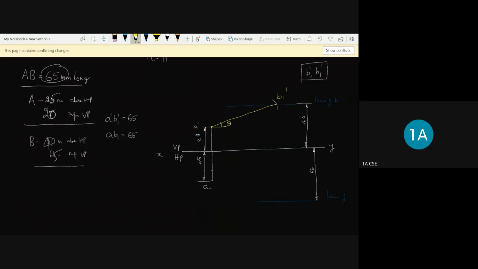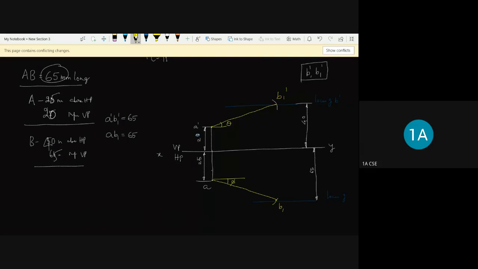This angle is theta. Similarly, with A as the center, you are going to cut this line, which is at, for example, 65 mm. So a little bit you are going to get like this. So this is going to be AB1. So now we got the B1 dash and AB1. So this is nothing but it is pi.